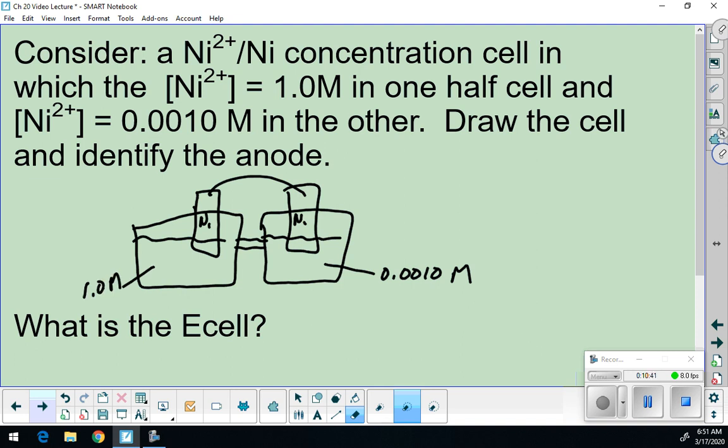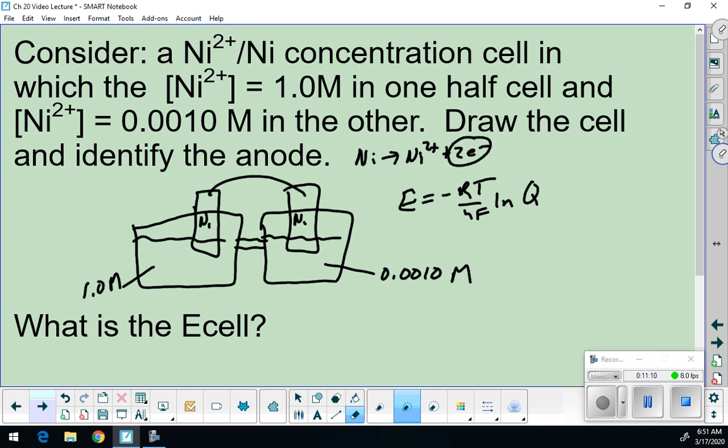And so then my E is going to be equal to negative RT over NF natural log of my Q. And so how many electrons are going to be transferred? Well, I have nickel going to nickel 2, so that means 2 electrons are going to be transferred. So this would be equal to, I'm going to move this down here, what? Negative